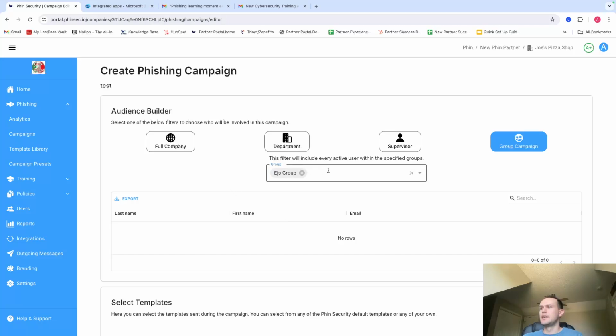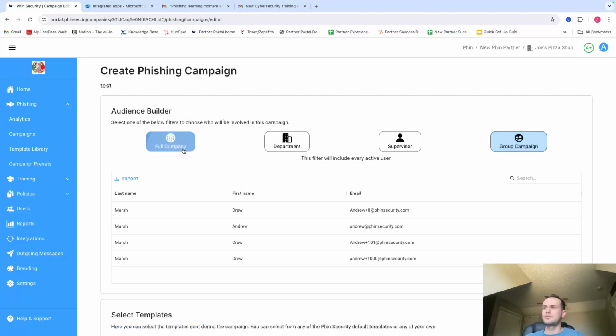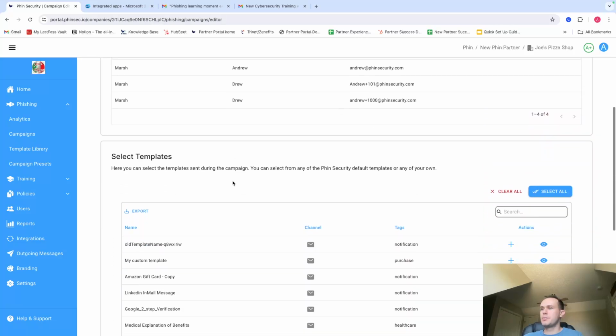So if there were users in these groups, you'd see them here, and you can have an audience based on just Azure groups, and it's very easy to manage, because then you're just adding users into that Azure group on the Microsoft side. And you don't have to worry about managing that from the Phin side. Doing audience by groups only works if you have the Azure Sync connected to Phin. So for now, I'll just leave it as full company,